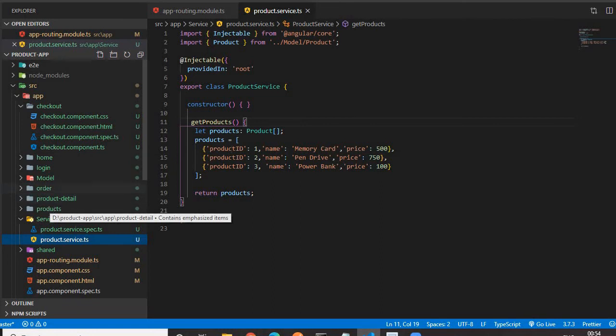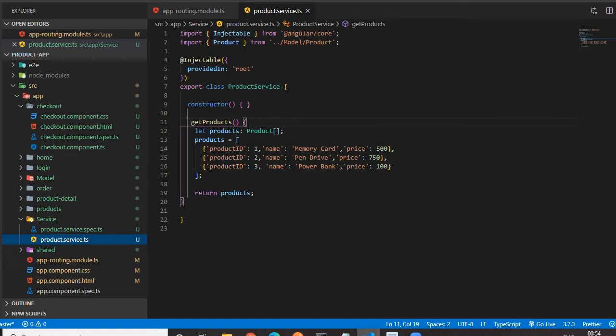If I want to use the same logic in all the components, it will be better to use a service. Instead of repeating the same logic in all the components, we'll write the logic in one file called the service file, and we can call the function of that service file in the component wherever we need that business logic.